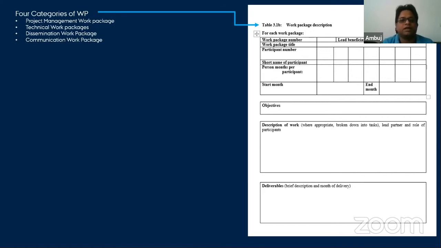There could be 4 categories of work packages: project management, technical, dissemination, or communication work package. Here I would say this is the dissemination work package, because whatever thoughts or ideas that I or the speakers are sharing are being disseminated to all the people. So this is a dissemination kind of work package. You need not mention it, but you need to put in your proposal writing that this package will be doing the dissemination activity.